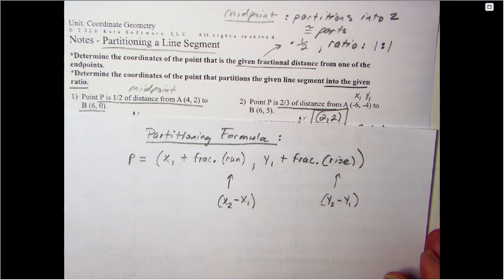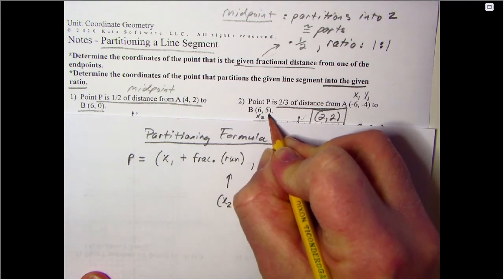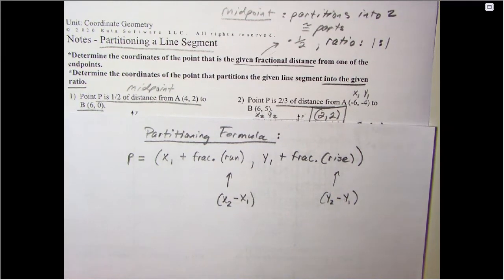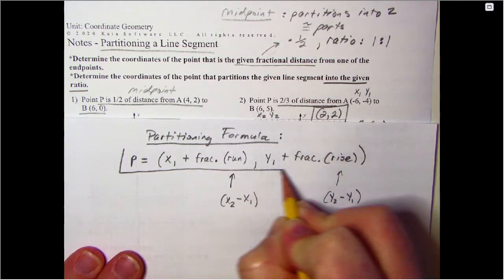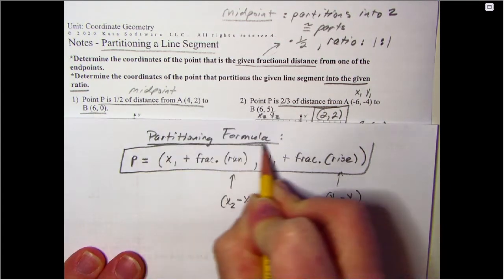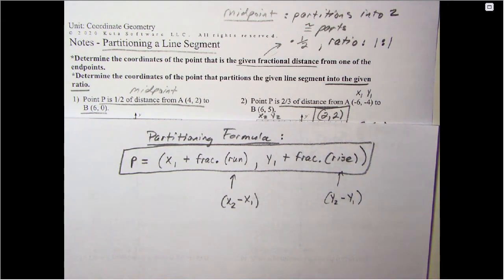All right, well, what is x2 and y2? Well, that would be the other point. So if I'm using this as an example here, that would be x2 and that would be y2. Same thing you use for the distance formula. Okay. I like to just remember it in these words, but if you want to go ahead and substitute in x2 minus x1 and y2 minus y1. Now, you must do those in this order. Okay, make sure you do it in that order. Okay, do not simplify slope. I know rise and run kind of represents slope, but